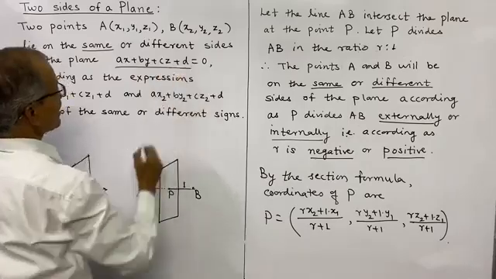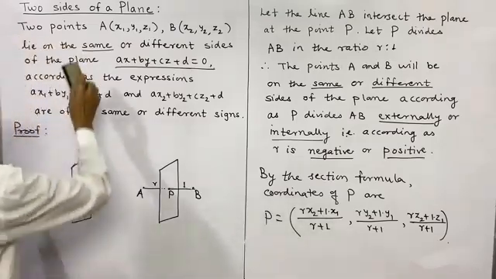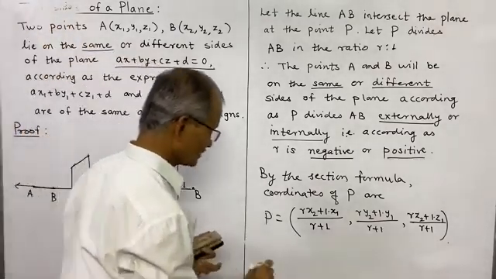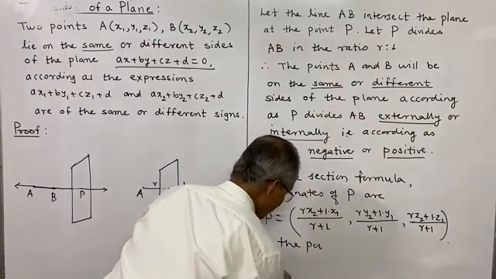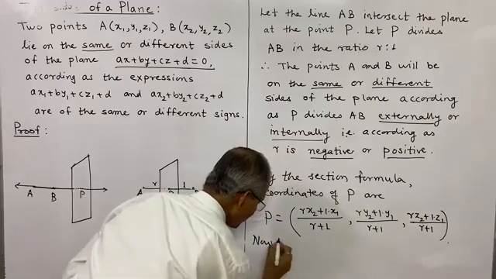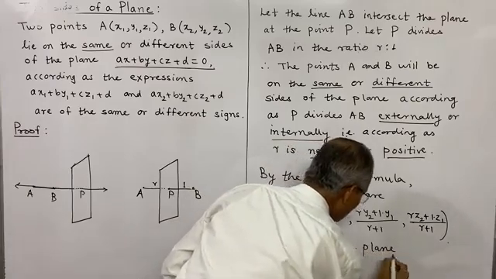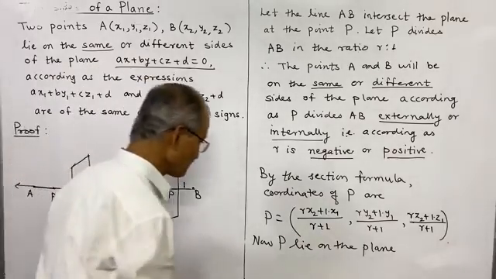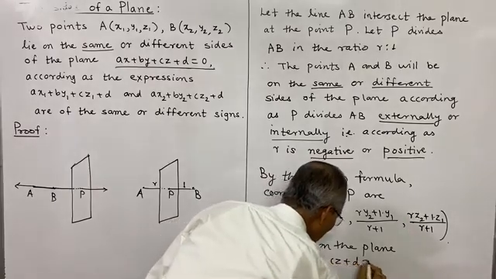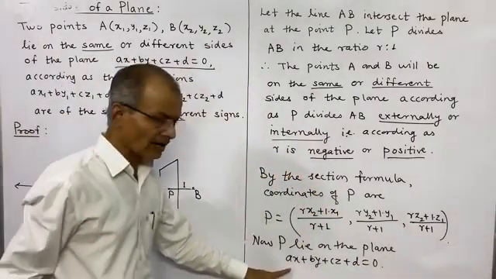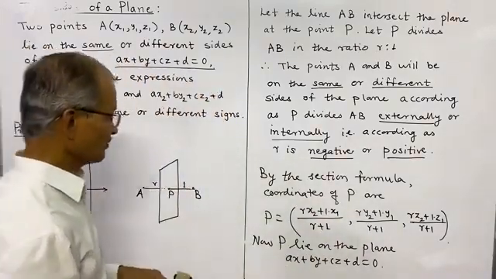The equation of the plane is ax plus by plus cz plus d is equal to 0. So this point lies on this plane, which means the coordinates of P must satisfy this equation, and therefore that will give us